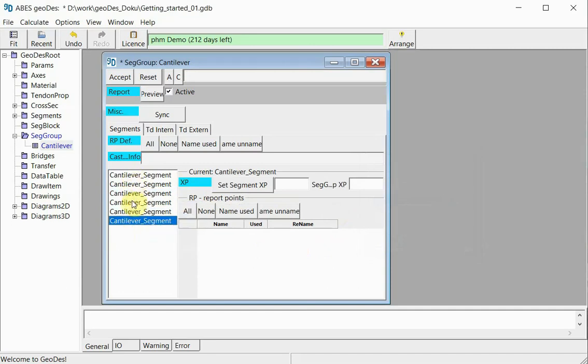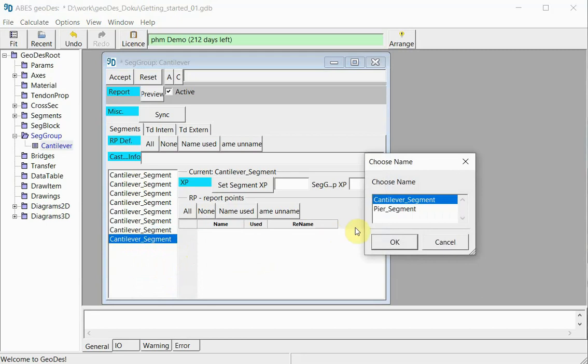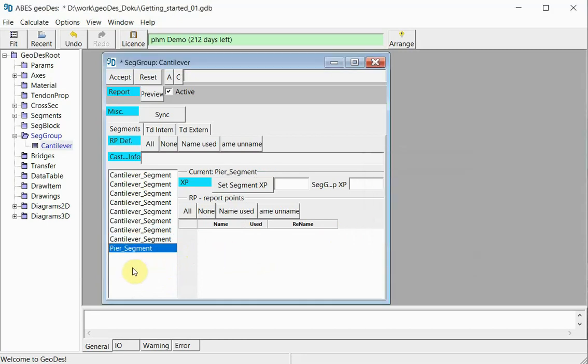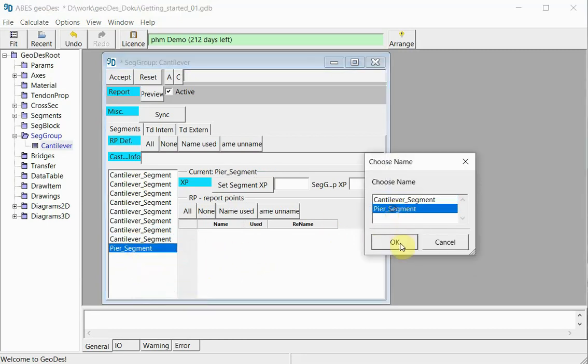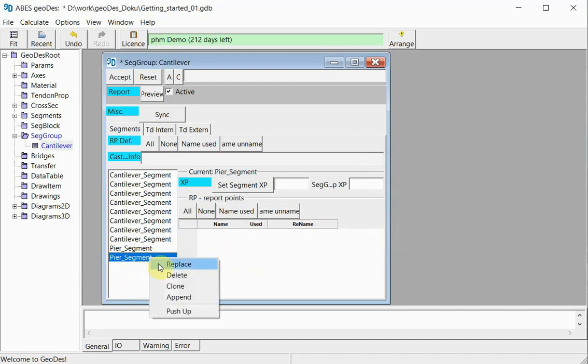1, 2, 3, 4, 5, 6 cantilever segments are already present, 7 now, 8, and after 8 cantilever segments, we will find ourselves inputting the pier segment. And after the pier segment, we are putting another 8